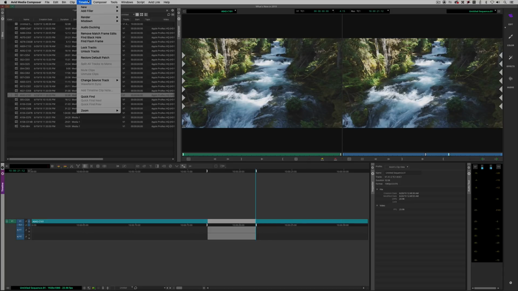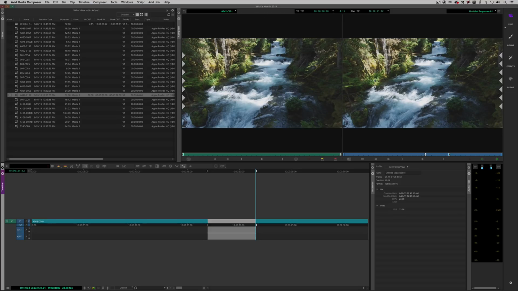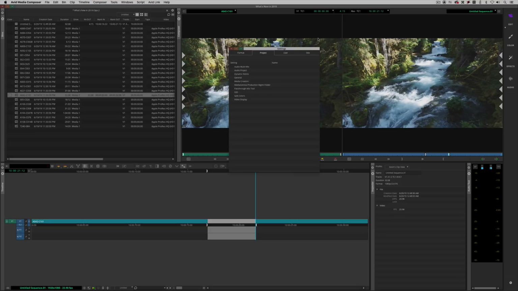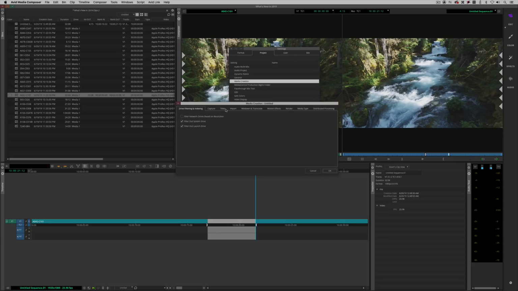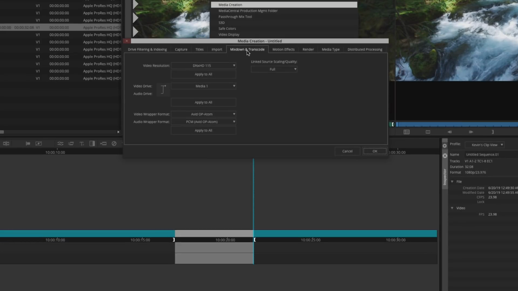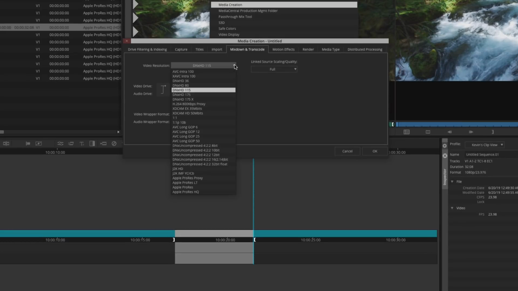I'm going to come up to my timeline dropdown, come to Mixdown, and there's an OP1A MXF Mixdown, which again will mix down video, audio, and data into a single file. Now, with that being said, I'm going to come back to my settings. In my project settings, I'm going to come back to media creation. Let's just come to Mixdown and transcode, because I also want to point out